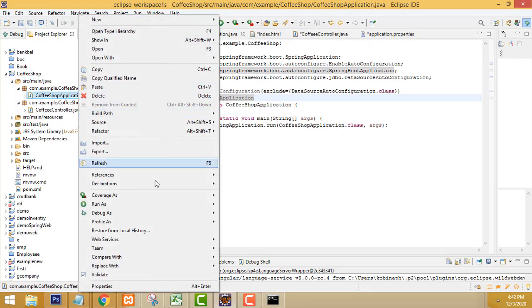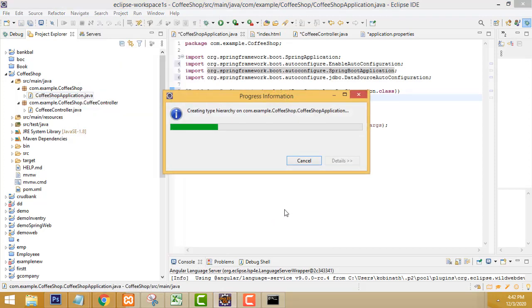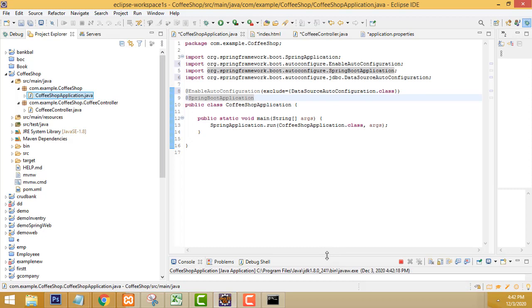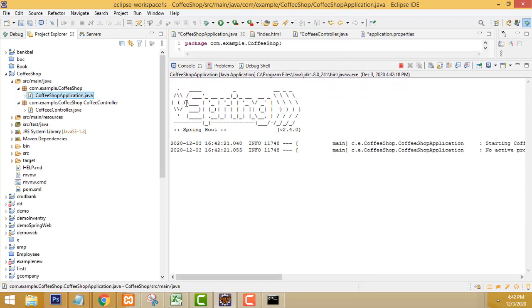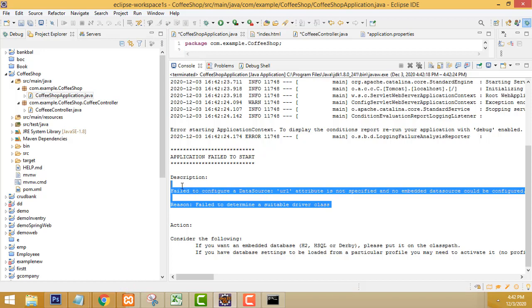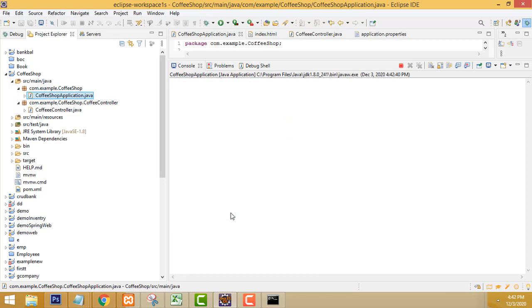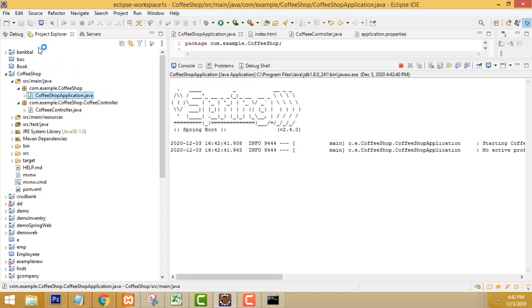Now, if you run the application, select the file CoffeeShopApplication.java. Run as Java application. Now you can check here if there is any error. This is a Spring Boot application here. If you get this message, your Spring Boot is working successfully. What is the error you are getting here? You're right. The problem is I haven't saved all the stuff. That's why it's a problem. Click Save All. Again you have to run. I did the project, but we didn't save. You have to save all the project.